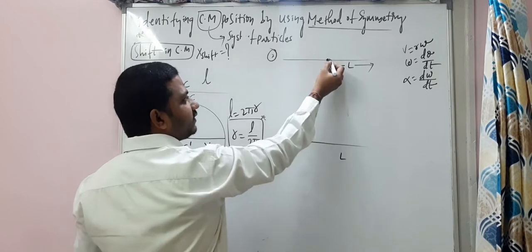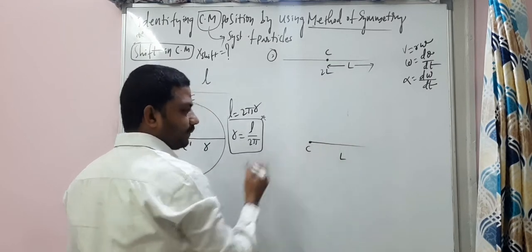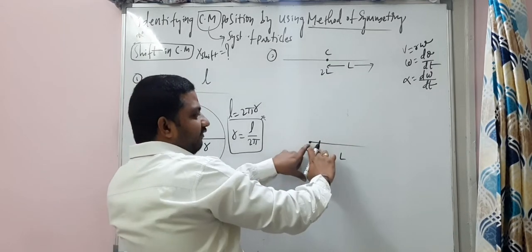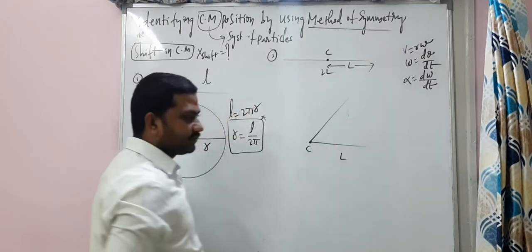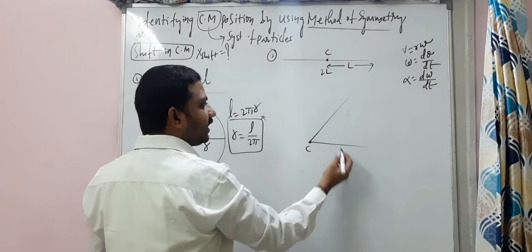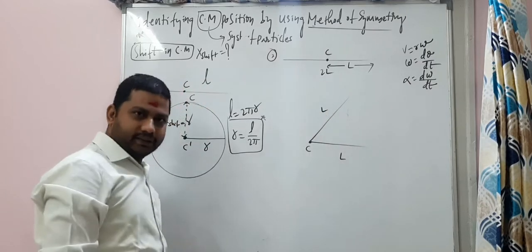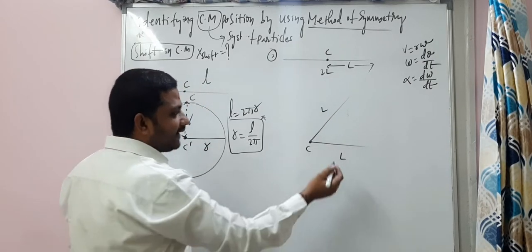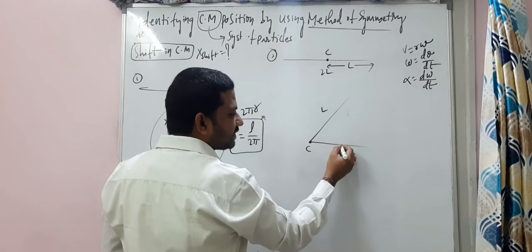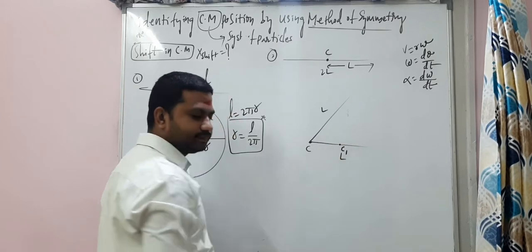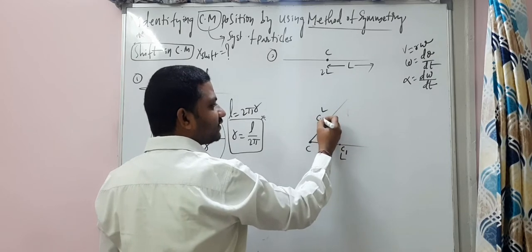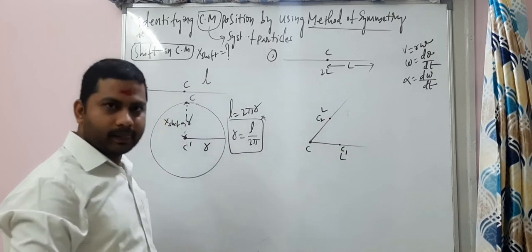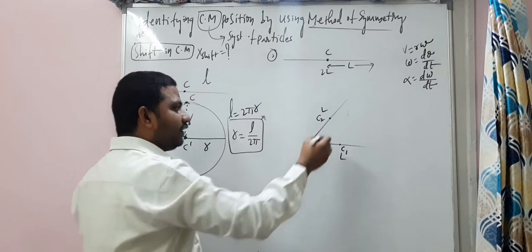We are keeping the initial center of mass C here. By keeping my finger here, I'm bending the other part like this, students. This is L and this is also L, alright? This L will have its center of mass somewhere here, that's C1. This L will have its center of mass somewhere here, that's C2. Have a look at it.